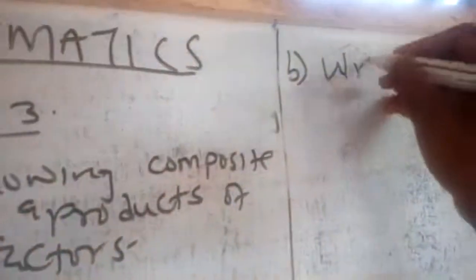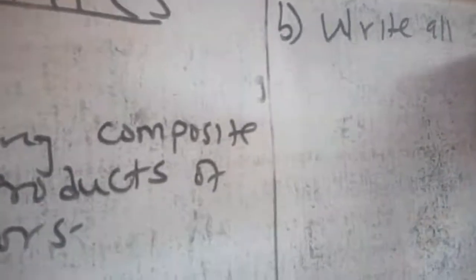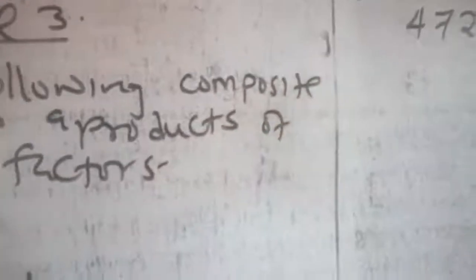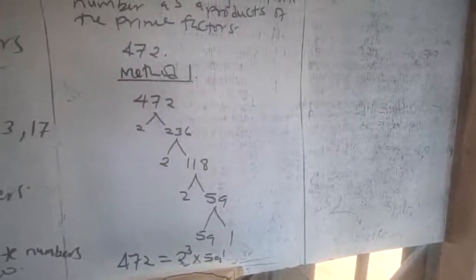Write all factors of 472. So as far as the first part of the question is concerned, you can see I came up with a tree diagram,